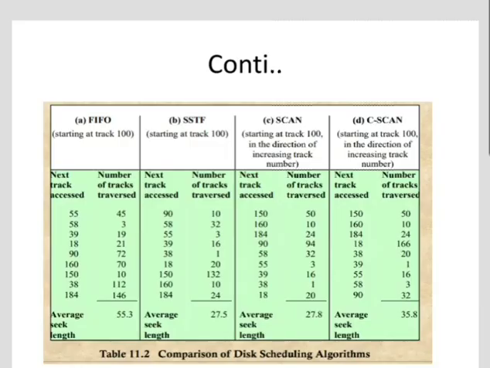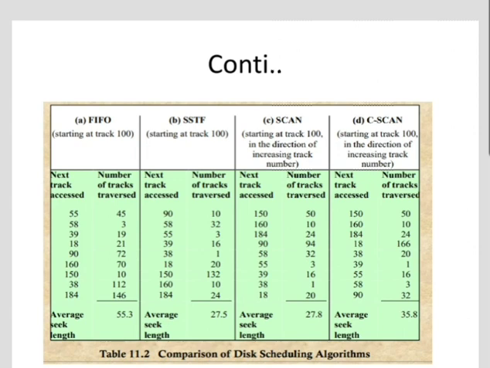So this is the comparison of disk scheduling algorithms. First is FIFO, that is first in first out. Then SSTF, that is shortest service time first.